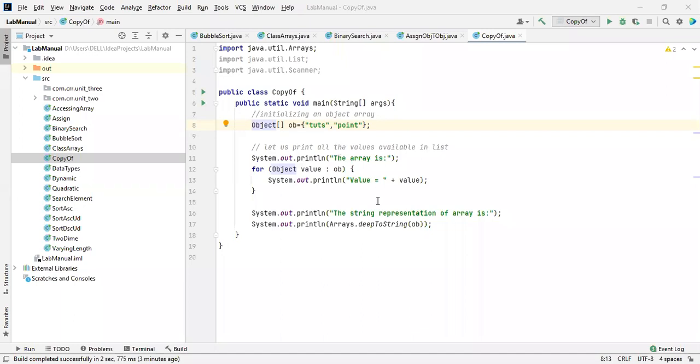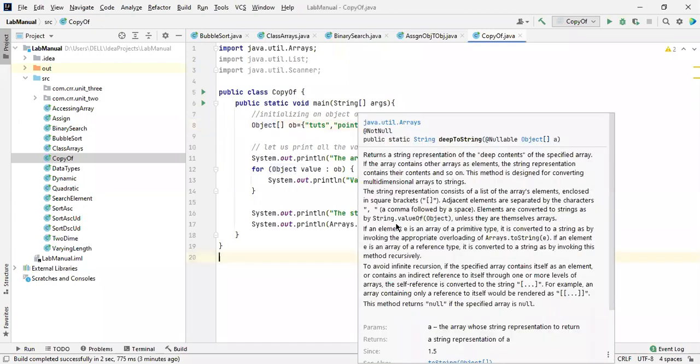So if we consider a primitive data type array of elements, they are converted to strings based on deepToString.